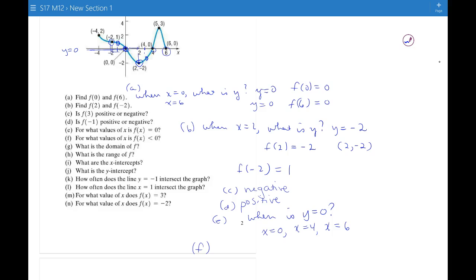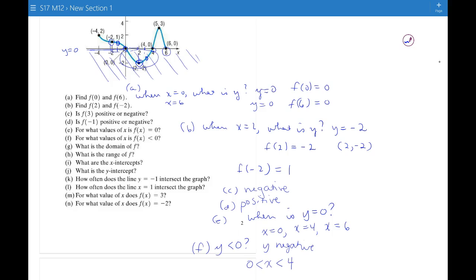Then the f part says, for what values of x is f of x less than 0? So when is y negative? That's this part of the graph down here, and y is negative on this piece of the graph. So y starts being negative as soon as x is greater than 0, and it stops being negative when x